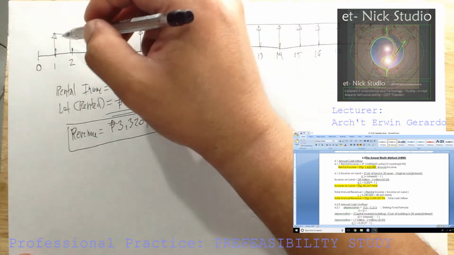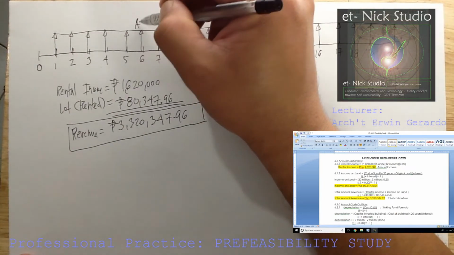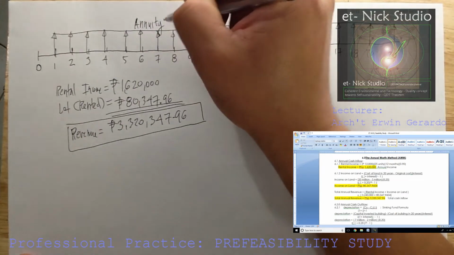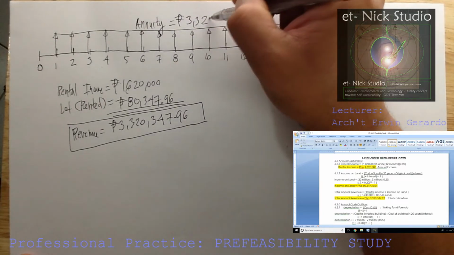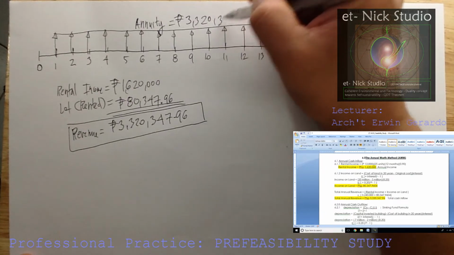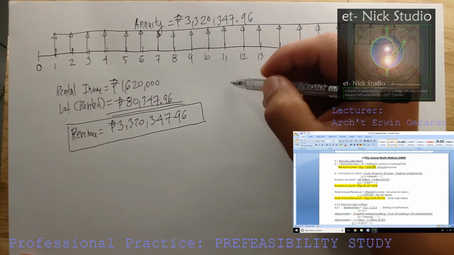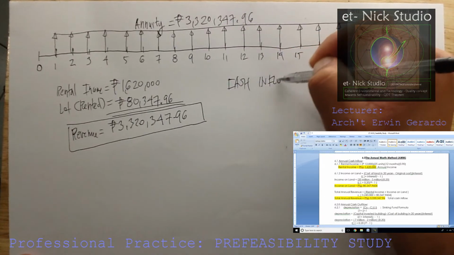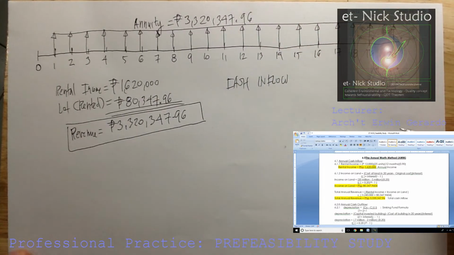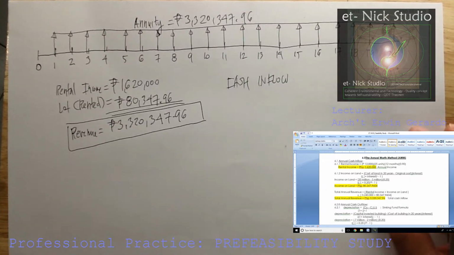Meaning from the beginning, 1 year, up to 20 years, this is what we call an annuity. It amounts to 3,320,347.96 pesos. So this is the cash inflow. All arrows are pointed upward. While for the total